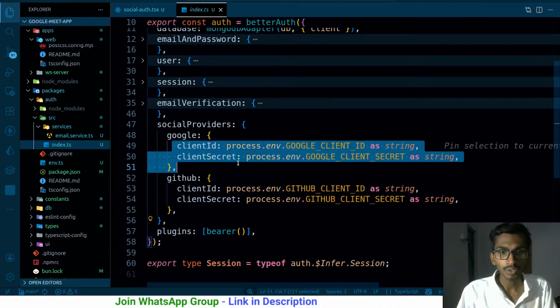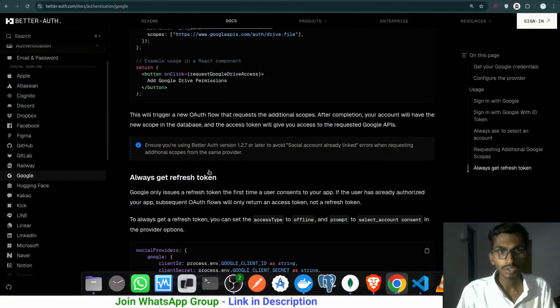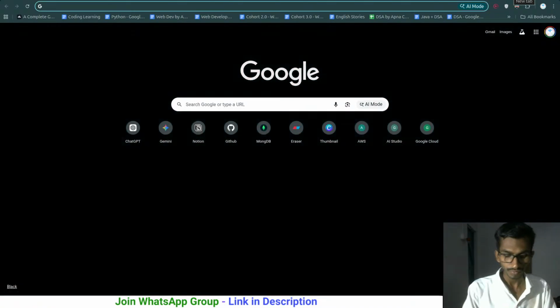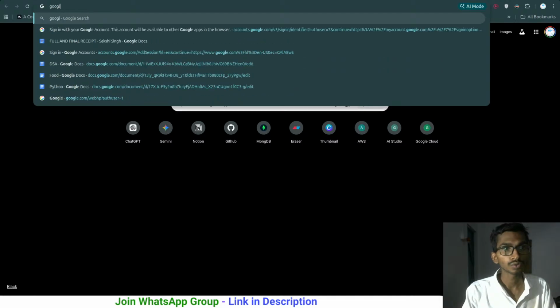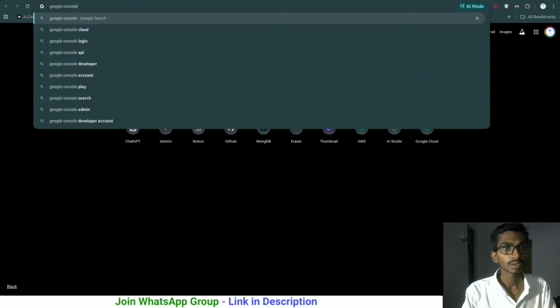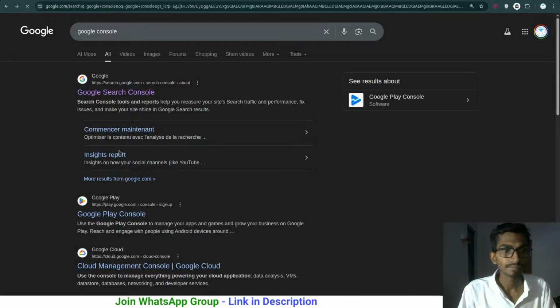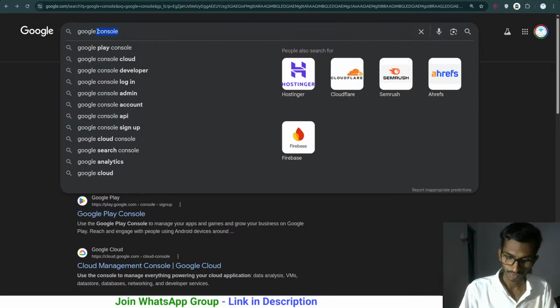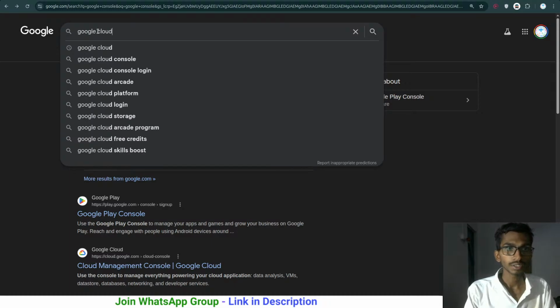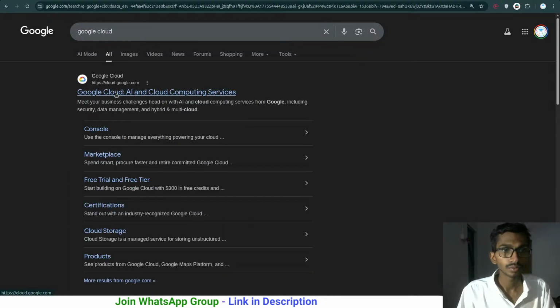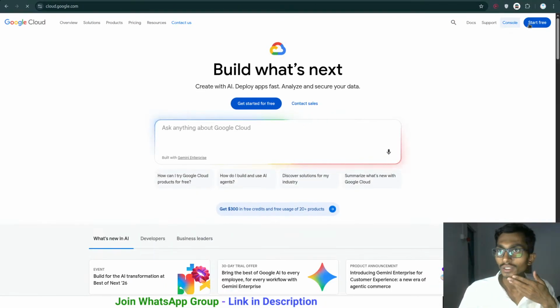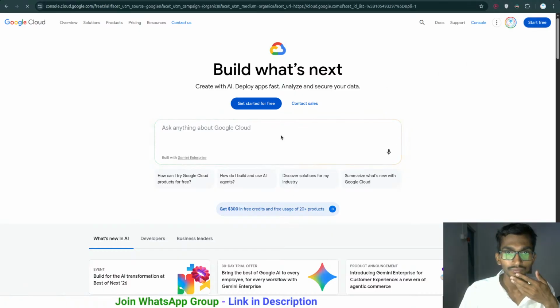Okay, for this particular thing, client secret. Let me do one thing. I think I need to go to Google console, if I'm not wrong. Not Google console, Google Cloud is that. From here I can actually create the IDs. From here it can be created. Let me just start for free,